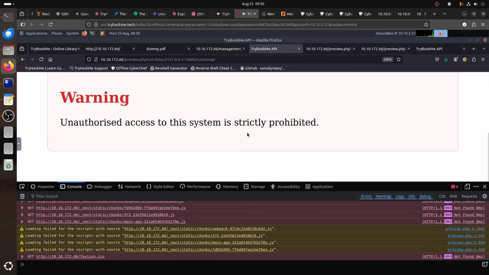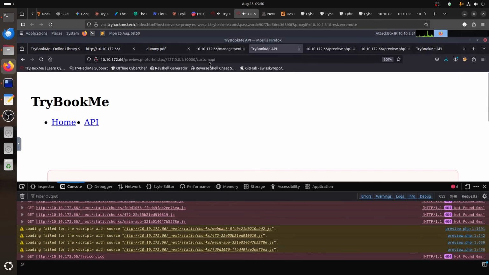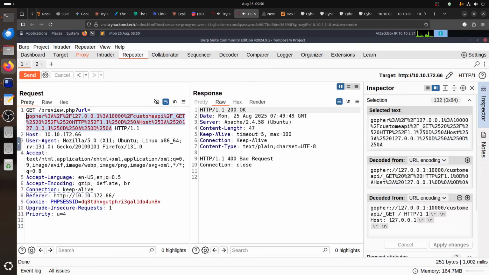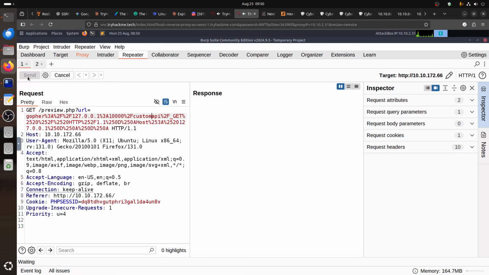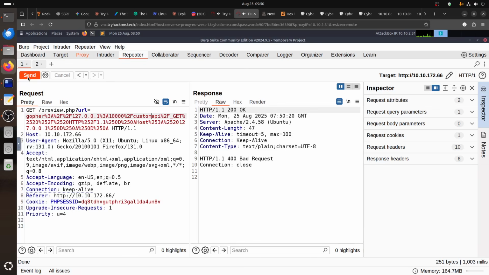Why is it a bad request? What we did, guys, we just added the word custom API. Why is